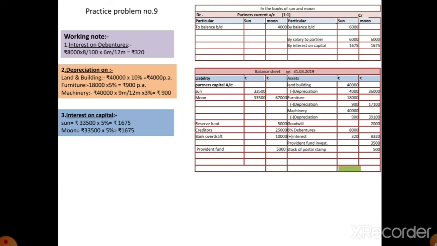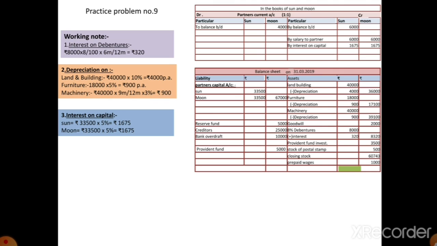Next, fourth, there is the closing stock. The first effect of it is shown in the trading account, but there is no trading account. The second effect we can show, so it is recorded in the balance sheet asset side as current assets. Closing stock 60,743 directly in the outer column. Next, the fifth adjustment, wages included rupees 1,000 as an advance given to the worker. Its first effect is shown in the trading account debit side, deducted from the wages, but here there is no trading account, so the second effect we can show in the balance sheet as prepaid wages, or you can write it as advance given to the worker, amount 1,000.